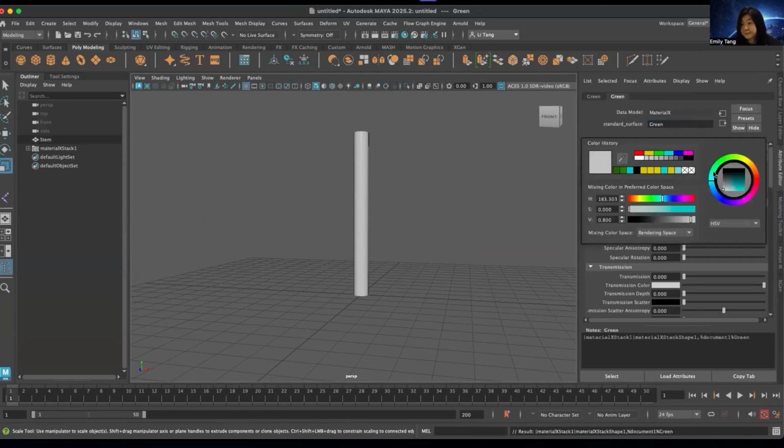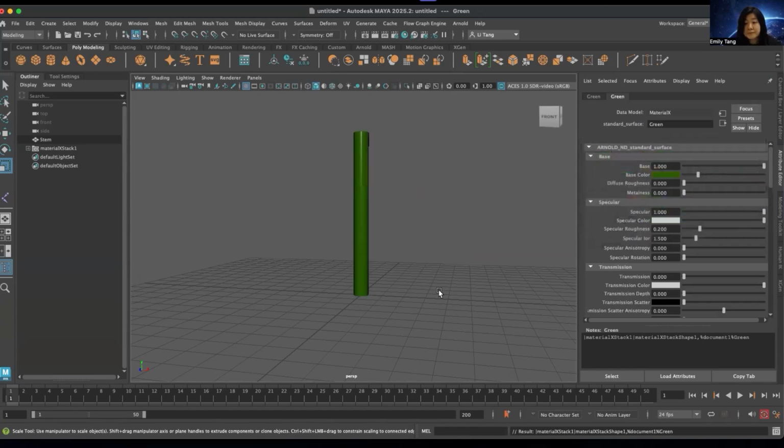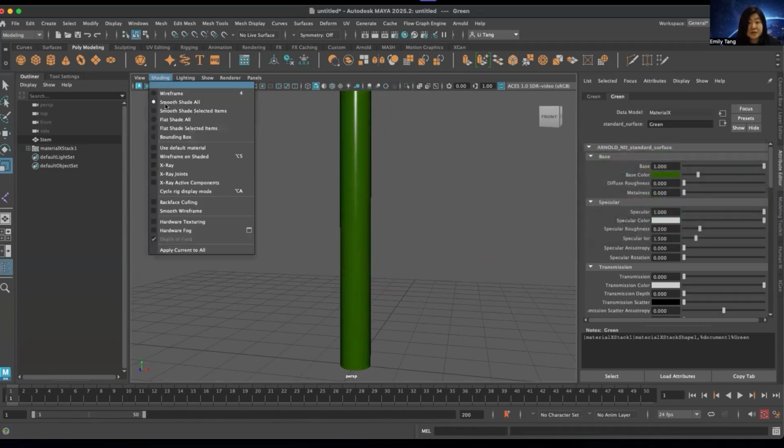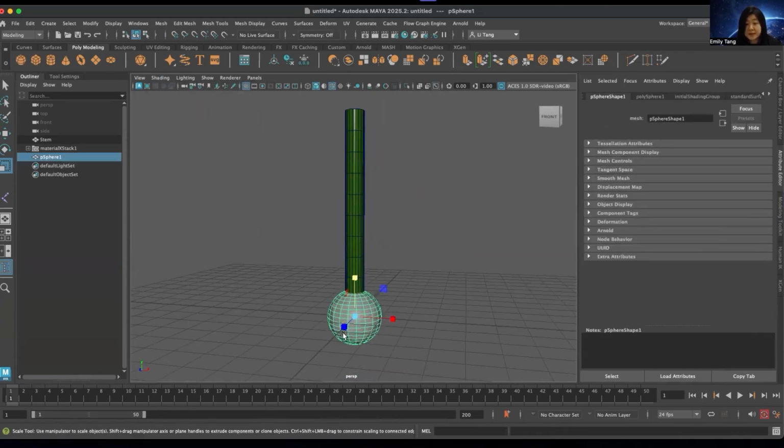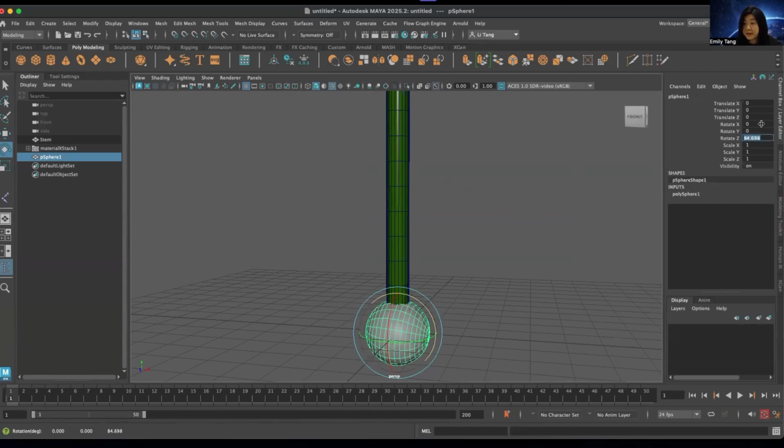Base color. Now, same thing, shading, you have to do this for each viewport. Wireframe, unshaded, X-ray joints as well for later. Drop in a sphere. Here we can quickly rotate the sphere. Go to channel box, key in 90, and flatten it,